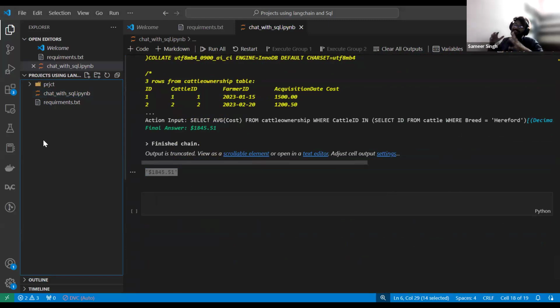So this experiment is done. Now what are we going to do? Let's write the script preparation with respect to this particular use case. I'm saying chat SQL dot py.